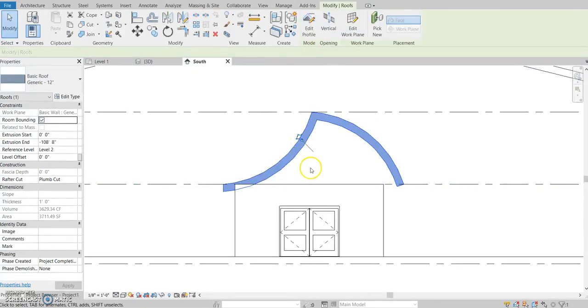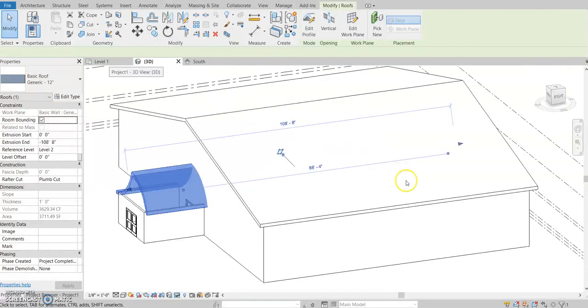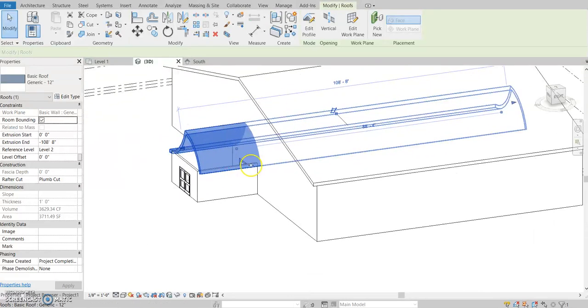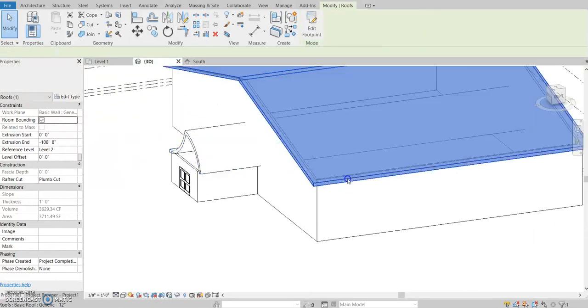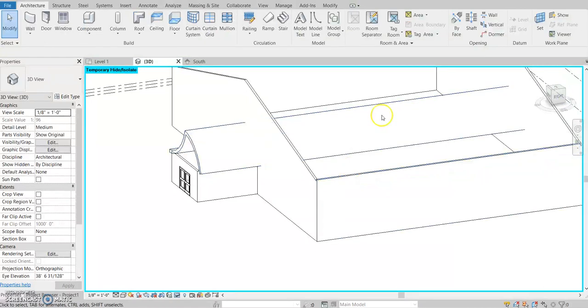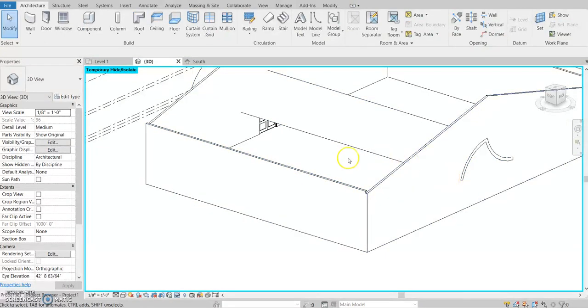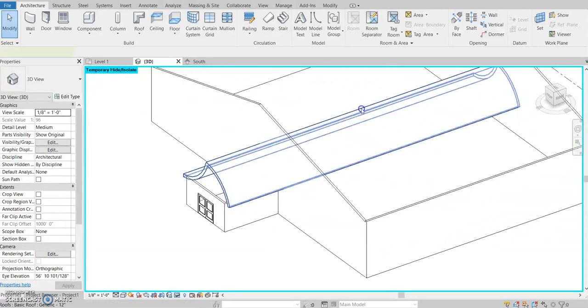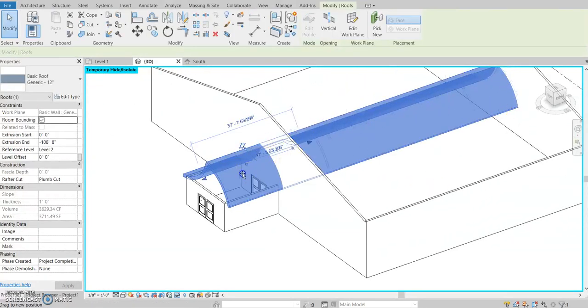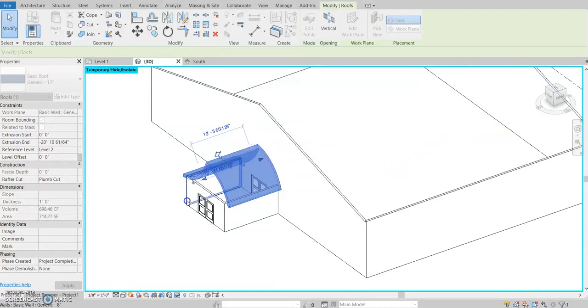And occasionally, depending on how technical it is, how many angles and things like that, it might not be able to make that extrusion. So now we come to the 3D view, and it's still coming all the way through your roof, or all the way through your building, and actually to this other side. And so what you'll have to do then is pull it back to here,